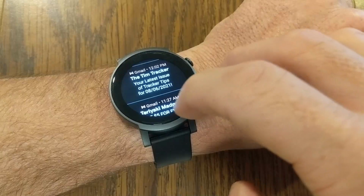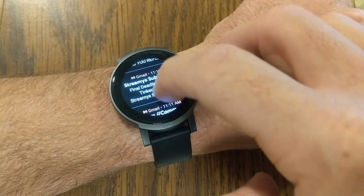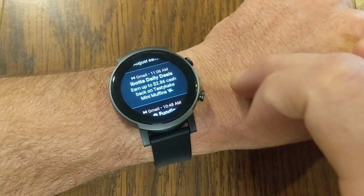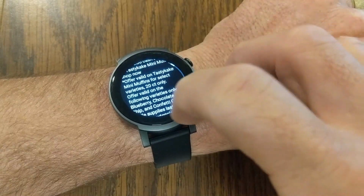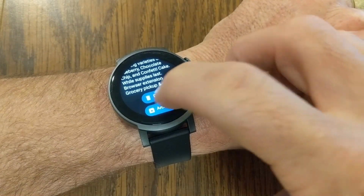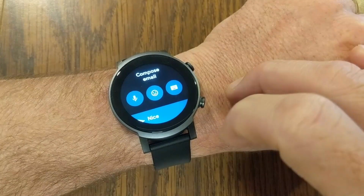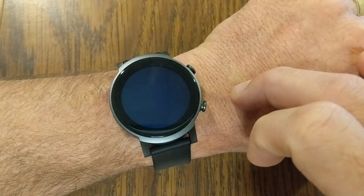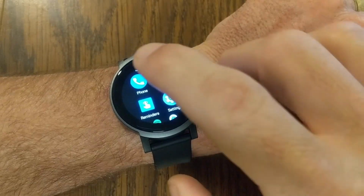So let's talk about notifications. Everything from your email, text messages, if you've got any apps installed and you sync this watch up with your phone. I've got it synced to my Google Pixel 3, and all those notifications continue to come through. You can see snapshots of emails. You can even reply to those. Same thing with text messages. You can reply to those right from the watch. That's all extremely convenient. In addition to that, you can make and you can receive phone calls from this watch